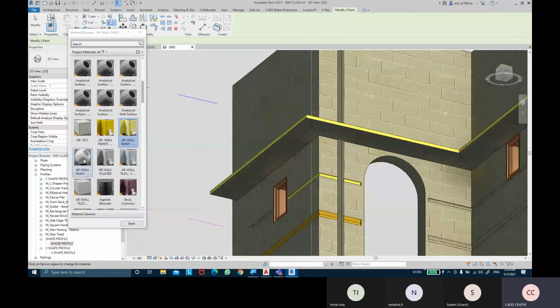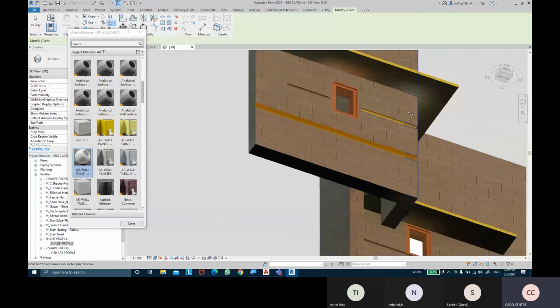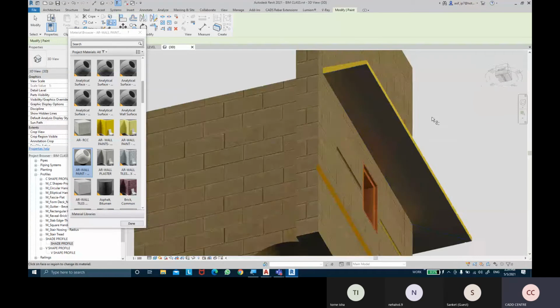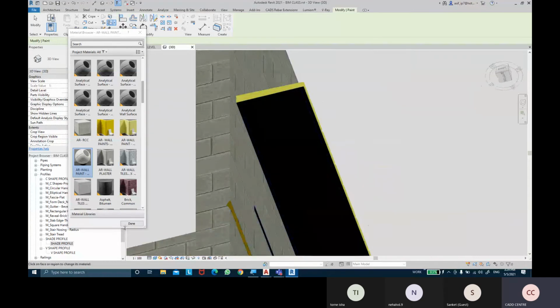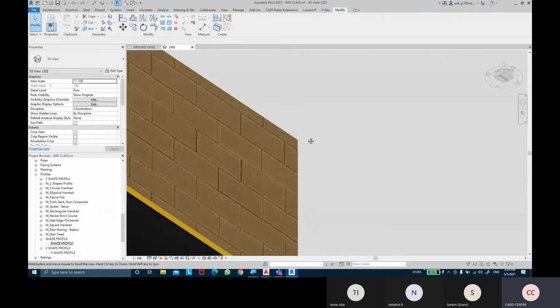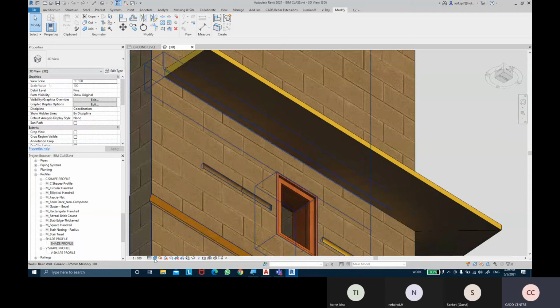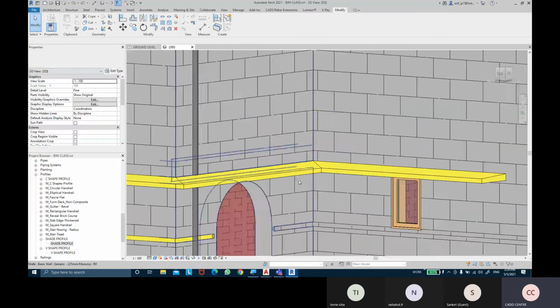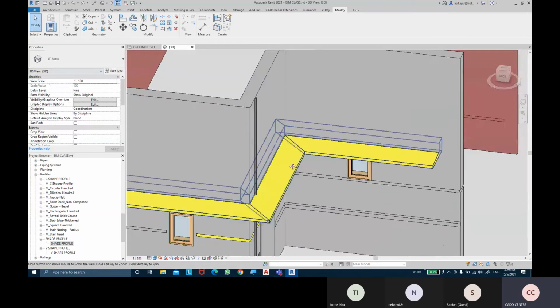I can apply a different paint. At the bottom I applied the white paint, and on the top I applied this yellow paint.